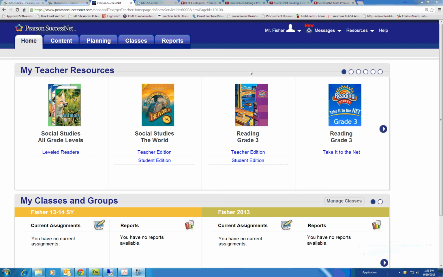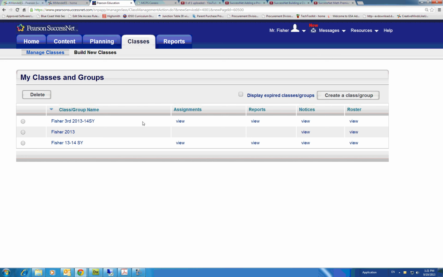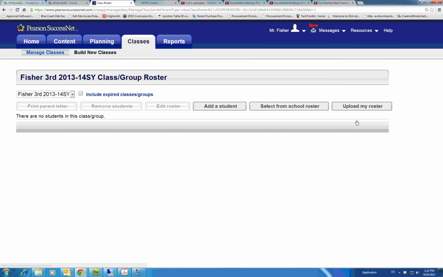So after you've created a class and you've logged in, you'll mouse over the Classes tab and click Manage Classes, or just click on the Classes tab. It will bring you to your class list. You want to find the class that you want to add students to, and then go to the Roster column. There, click the View button that is in the same row as that class, and it will bring up where